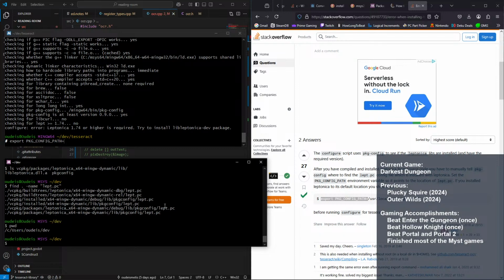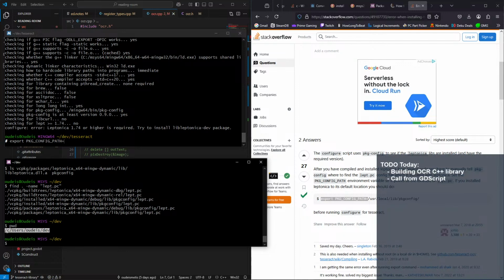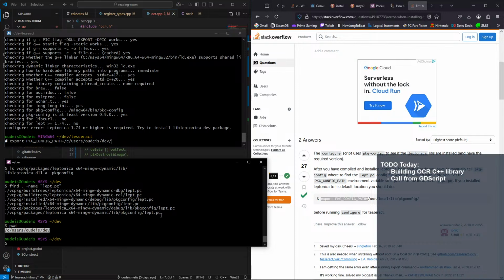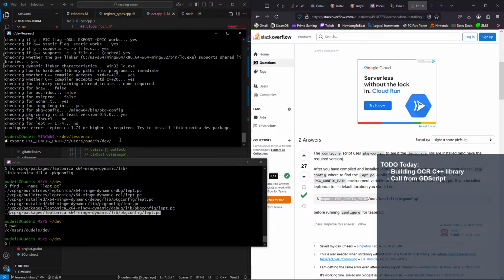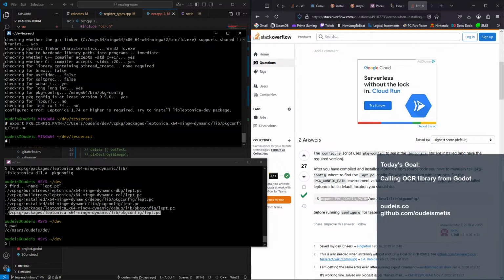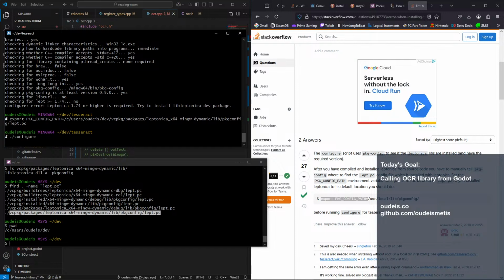pwd. Okay. Control insert, shift insert, slash on that, and then let's grab this one. The favorite, most joyful part of getting any software running is all this BS. Okay, now if we run it again,